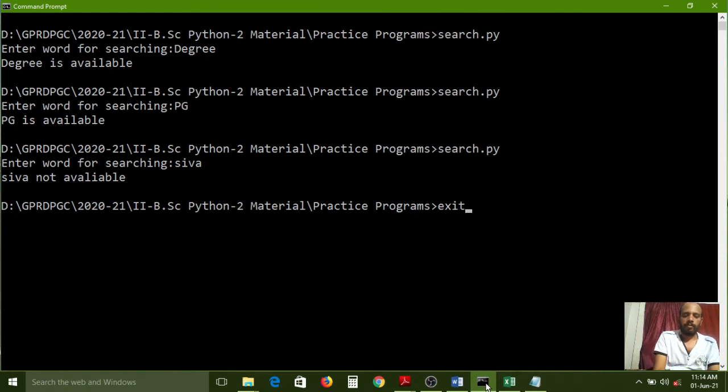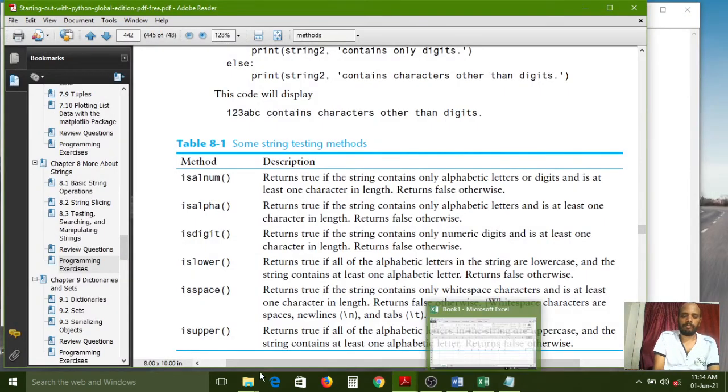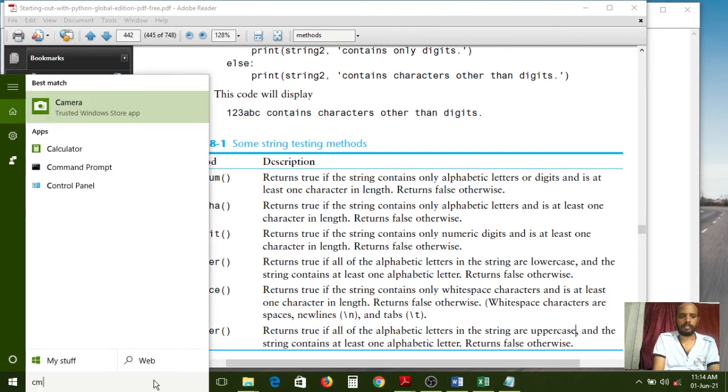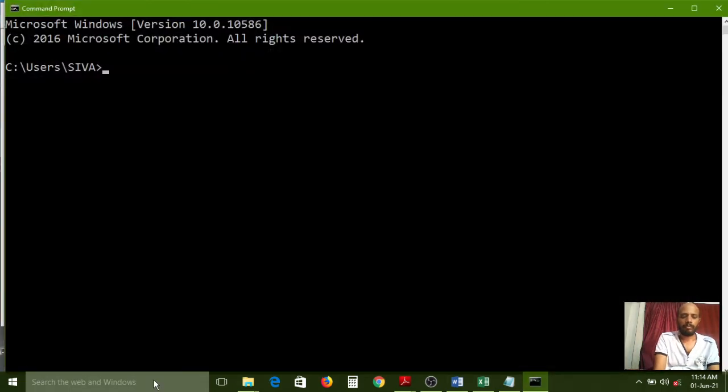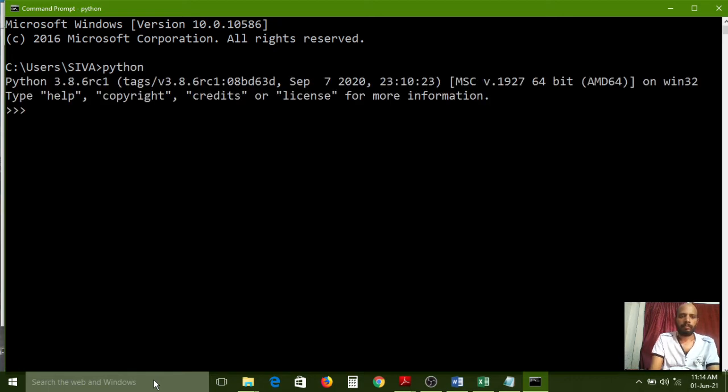Exit, and Python again I am connecting here, and now my string is str equal to "Siva123".